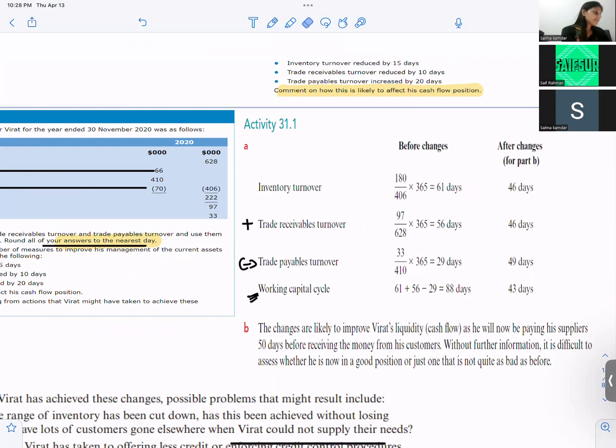Comment how this is likely to affect the cash flow position. The cash flow position has also gotten better. Earlier you are paying 88 days before you're receiving the money, and over here 43 days before. So these changes will improve the liquidity position, but still it will be bad, and it is very difficult to assess whether he is in a good position or not. Are you with me? So here you are receiving the money on what